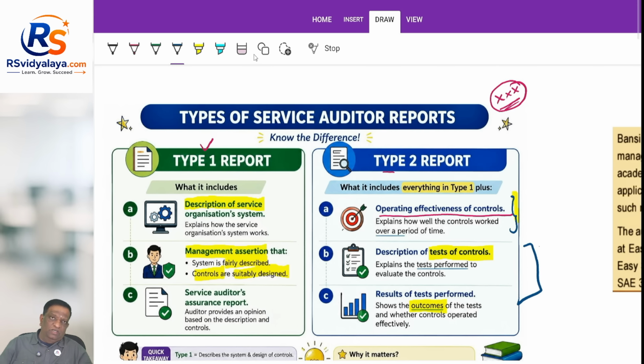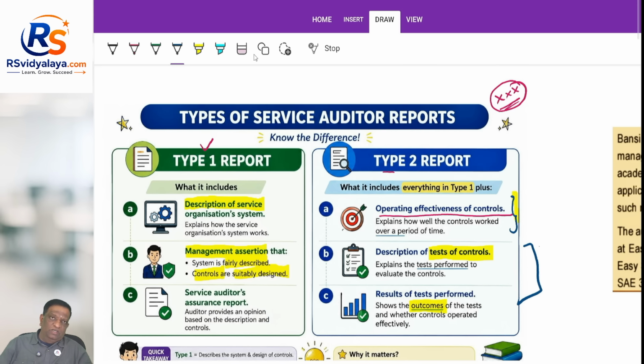Now, the auditors of Bansi Group. So, what do we call? User entity auditors. So, in this case, first to connect with you conceptually, this is user entity and this is the service organization. Now the auditors of Bansi Group want to be more sure about the design and operating effectiveness of controls. So, when the auditor is looking for not only the design of controls, but also the operating effectiveness of controls, then what type of report would be required over here? Now, when you are looking at operating effectiveness of these controls, type 1 would not be sufficient and you would require a type 2 report.